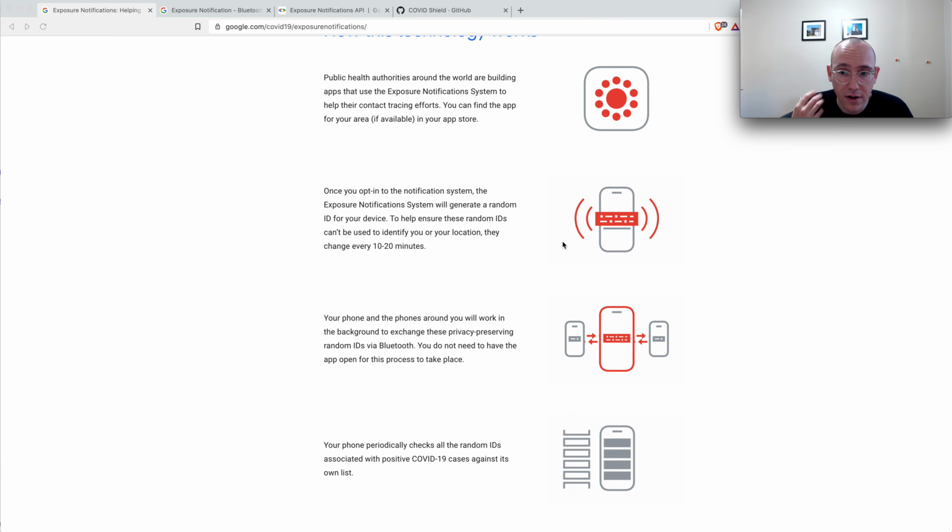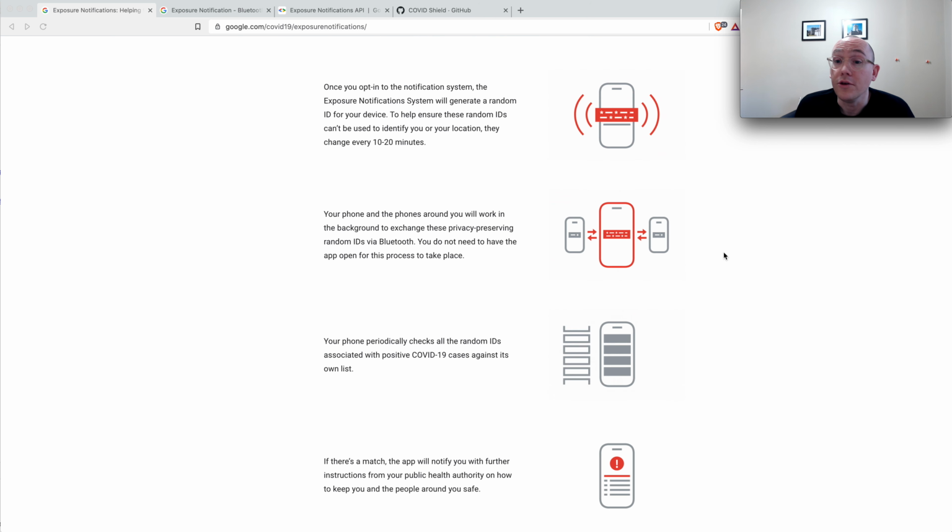Now, if you are unfortunately diagnosed with COVID, you'll receive a one-time use key from the government, and you'll actually have to add that key into your phone. So there's nothing automatic about this, and it's your choice. Now, the hope is that people who have been diagnosed with COVID will see the benefit in reporting this through the phone. So what you would do is enter that key into your phone, and that will submit